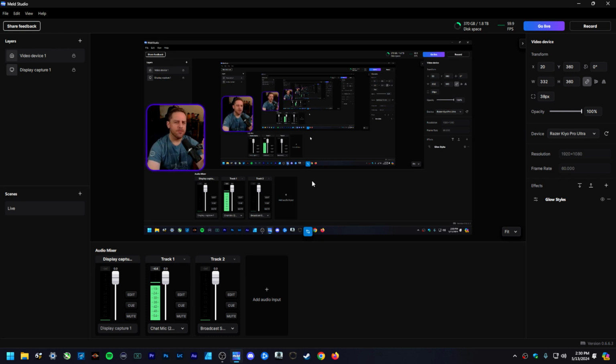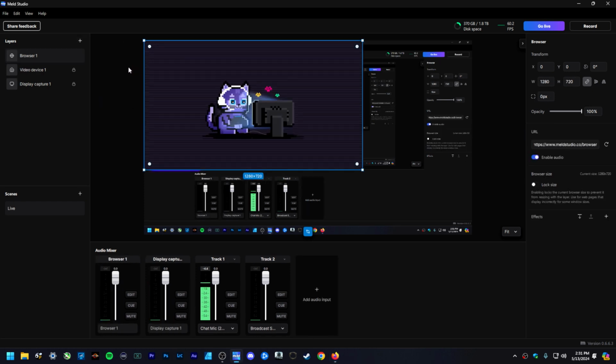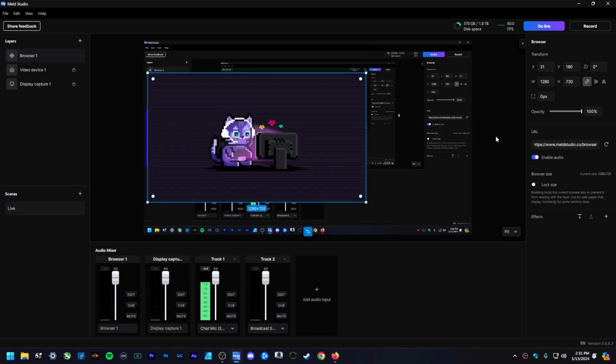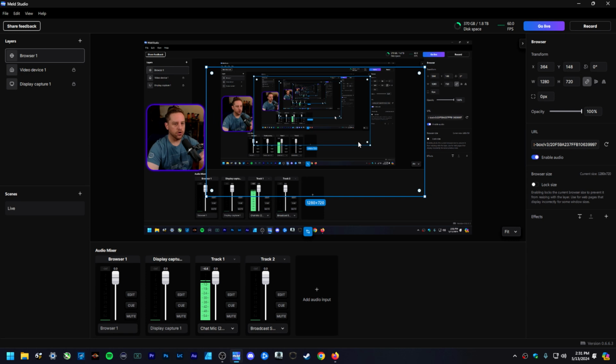But there is some lag with browser sources, and I'll show you guys that right now, okay? All right, everybody, now I'm on my Streamlabs dashboard here, and I'm going to copy my alert widget URL. So I'm going to go to layers, click on browser source, and then go right over here to URL. I'm going to paste that sucker in, and I'm going to just leave this large so you guys can see it, okay? Now, if I hit test follow,